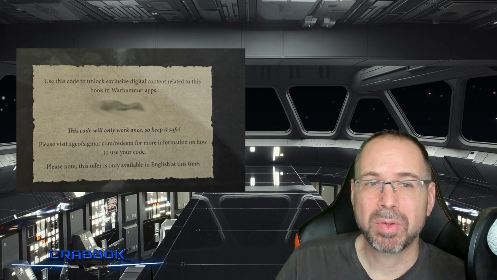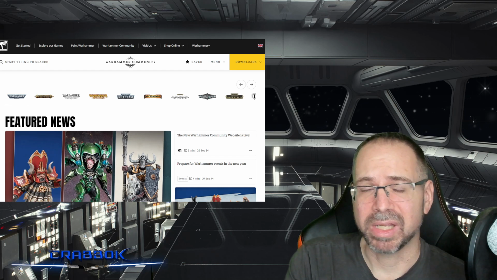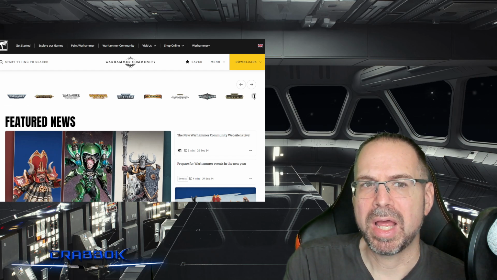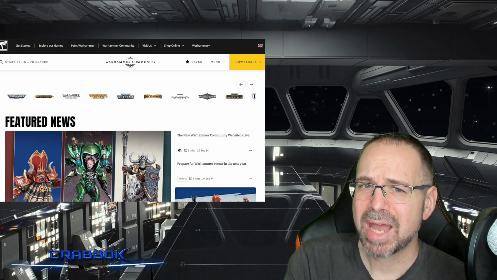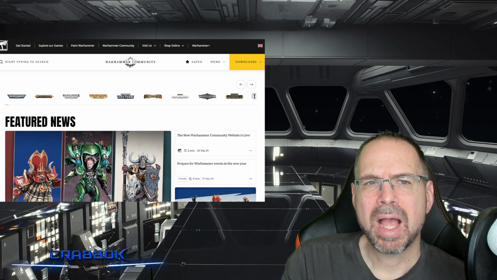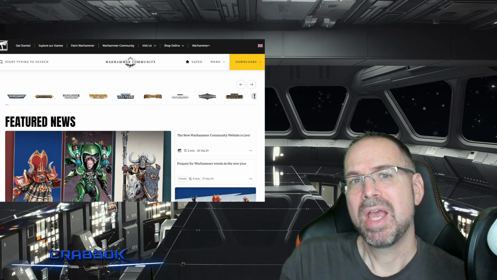ageofsigmar.com/redeem. Problem is, going to ageofsigmar.com/redeem takes you to warhammer-community.com, and there is no way to redeem codes there, so it's a faulty URL, and I was navigating like crazy trying to do this. Now I had done this before in 3rd edition with a book or two, and I didn't have this problem, but now all of a sudden this is my first time having to enter a code in Age of Sigmar